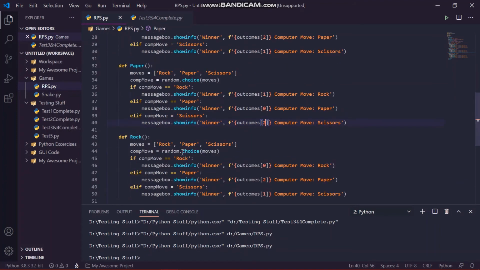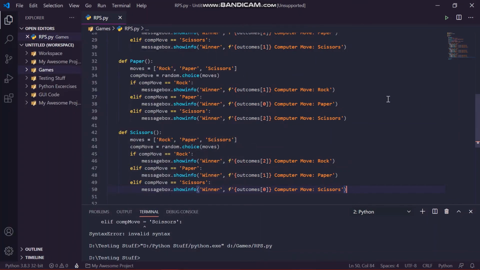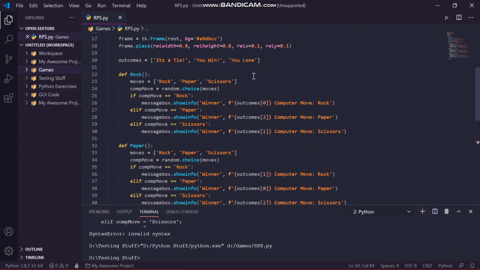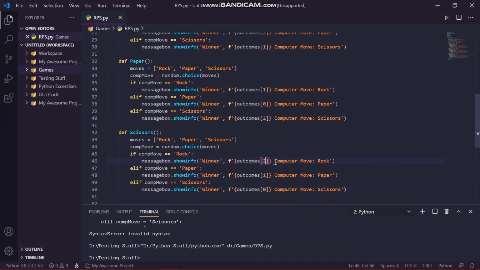And then same thing here, it's gonna be scissors. So we'll have the outcome as 2. Okay, so now what we want to do is change it for each and every one. So for paper it's 102, okay, and here it's gonna be